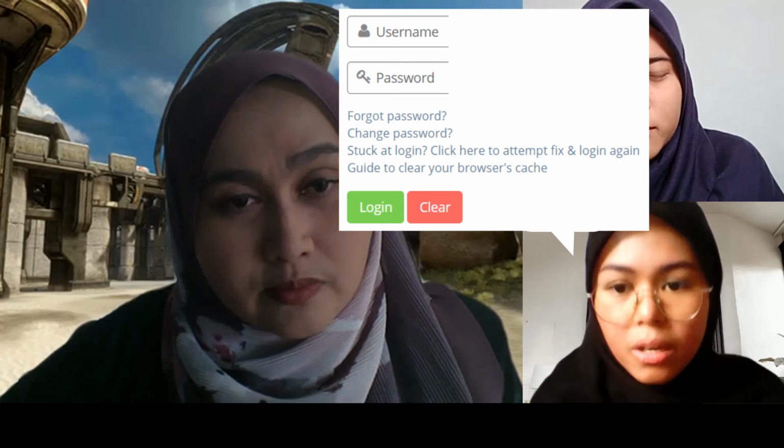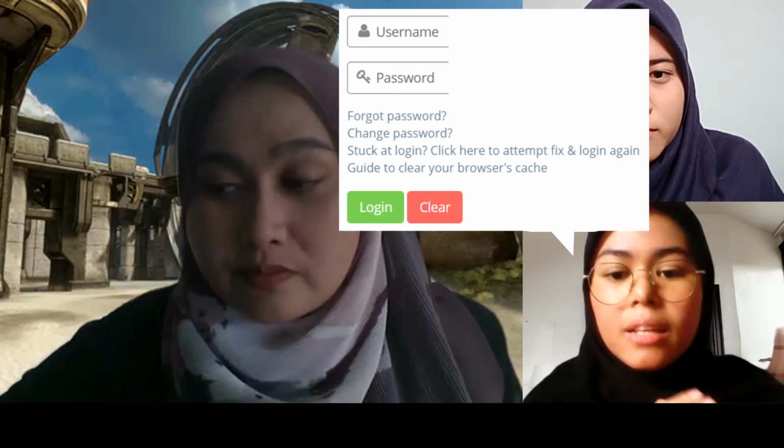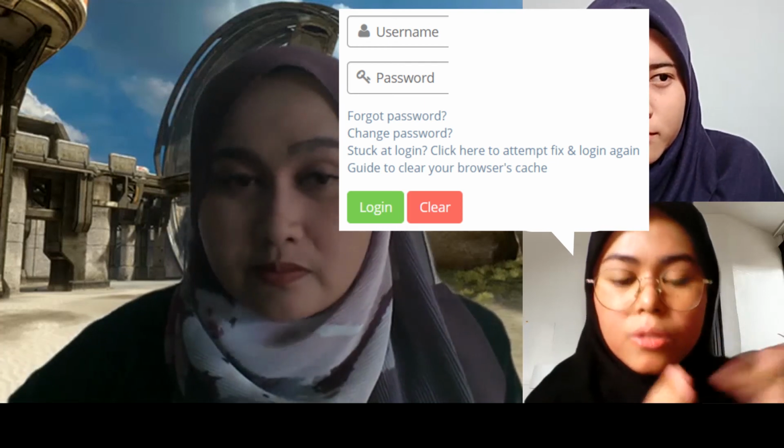I have experienced this kind of problem before, where I can't access my VLE. When you want to access the VLE, under the username and password box there is a sentence stating that if you have forgotten the password, you can click forgot password or change the password.